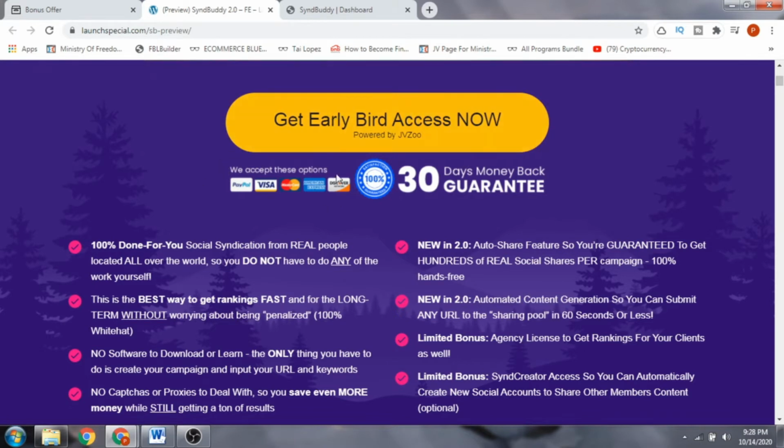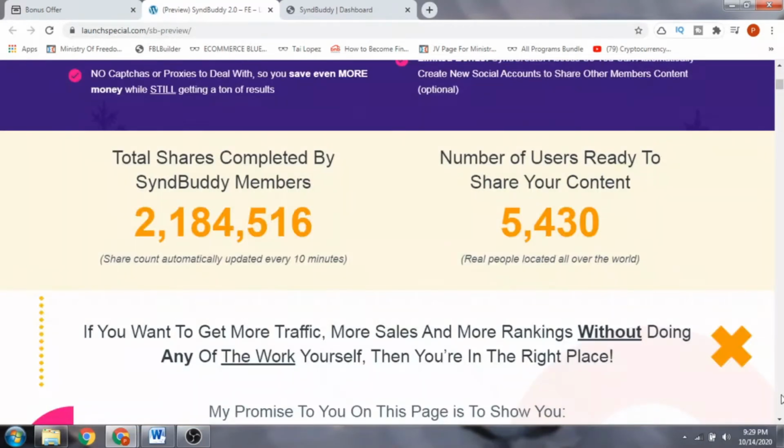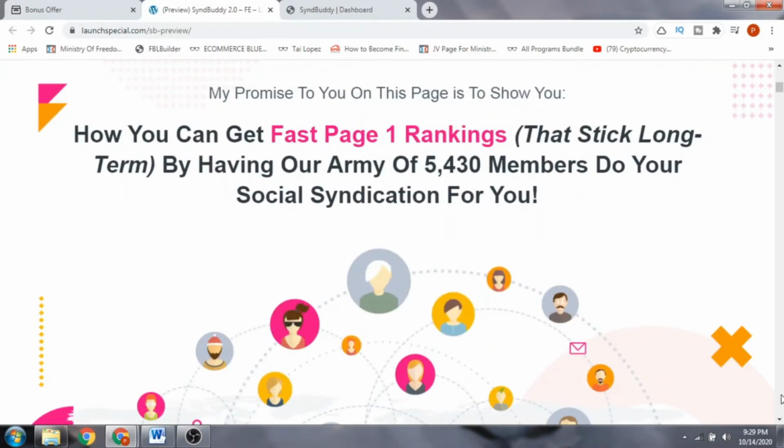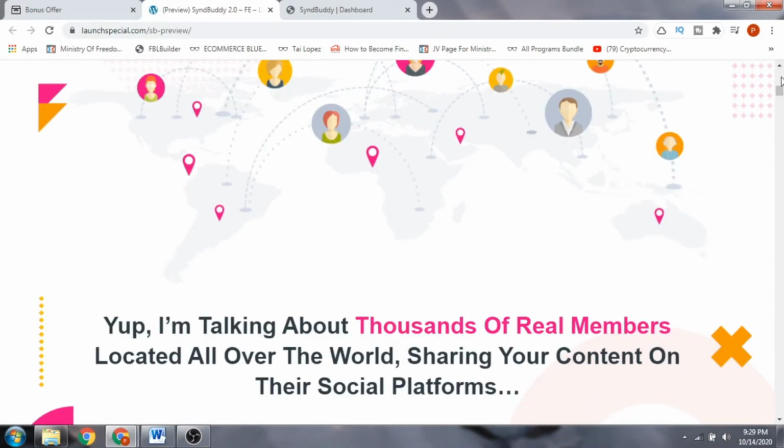The sales page is going to look something like this, exactly like this. The front end is going to cost you around $33 in the first 6 hours, and then a dime sale is going to kick in. So the price is going to increase after the first 6 hours. So it's better you be the early bird and catch the price as early as possible.